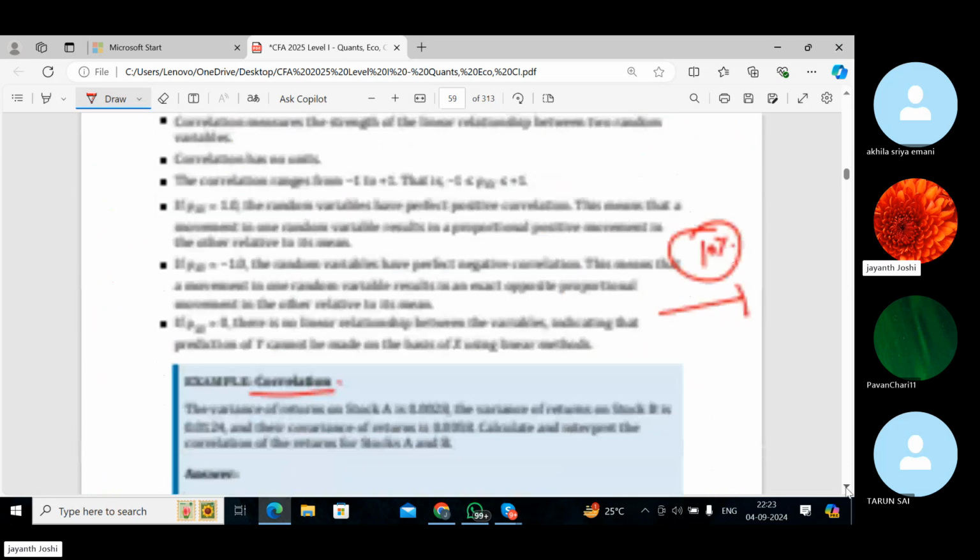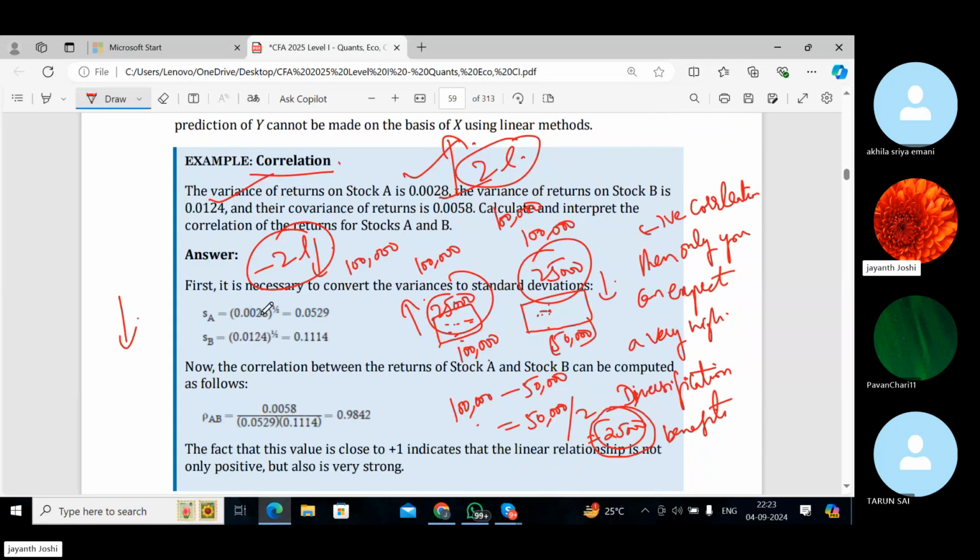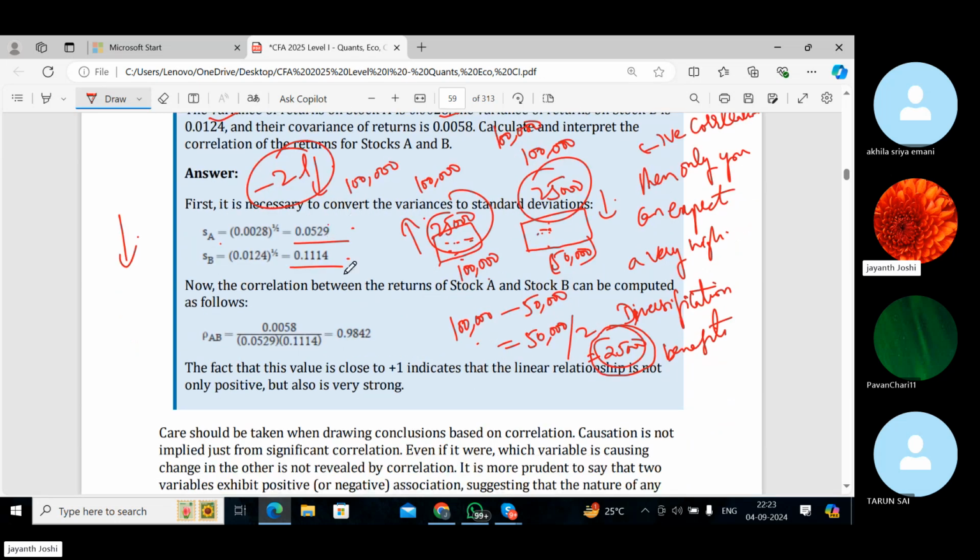We will do a question here. There is a variance of returns on stock A, there is a variance of returns on stock B, and there is a covariance. You take the variance and find the standard deviation by taking the square root. You get the standard deviation of the second one by taking the square root because variance is given. When you have the standard deviations of both and the covariance is also given in the question,